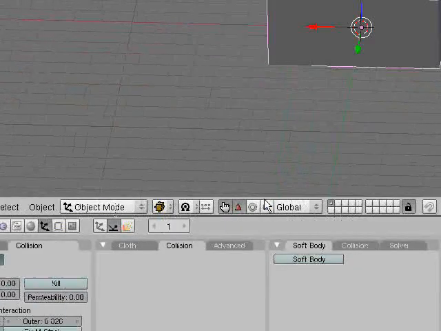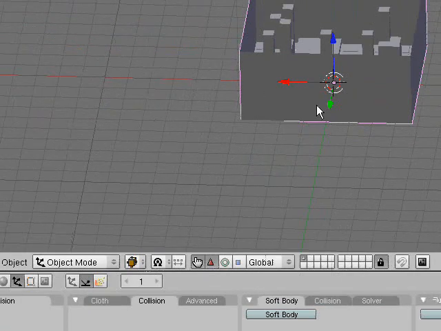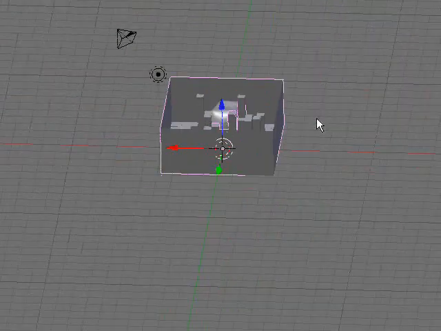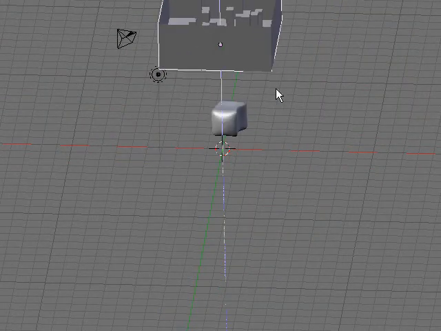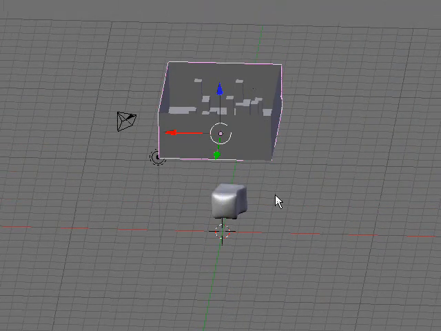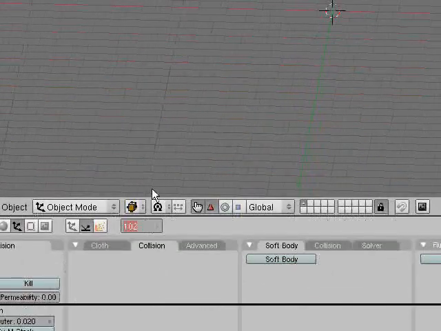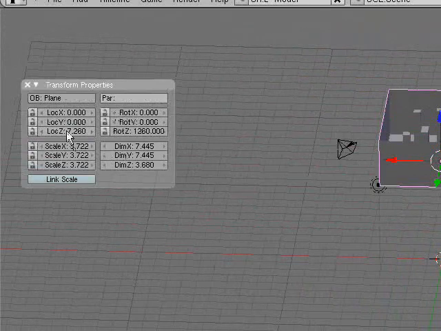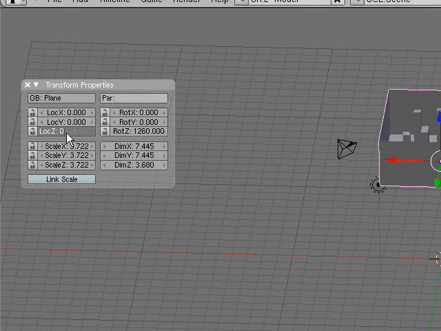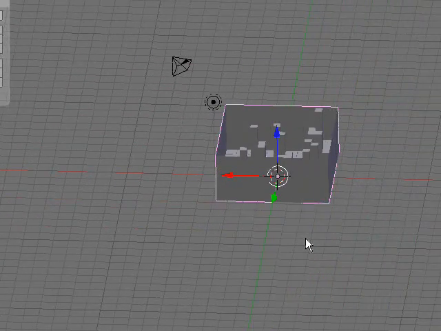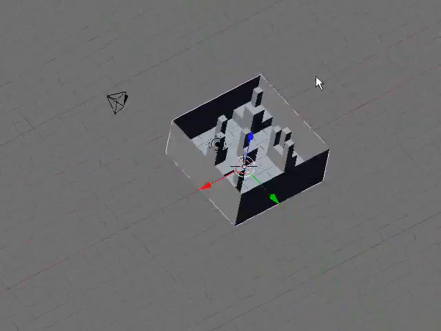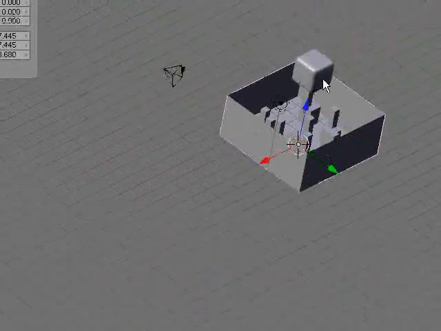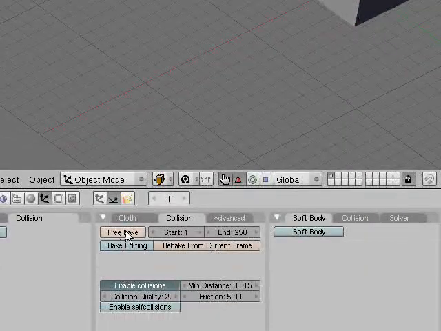Or actually, go back to your first frame, insert location, go up a couple frames, I don't know, frame 102, grab this on the Z-axis, and then insert location, and then for frame 250, in your transform properties box, set your location Z to 0, and then insert your location, so it's at the default location, but with a modified rotation. Go back to frame 1, select your cube again, you can free bake,